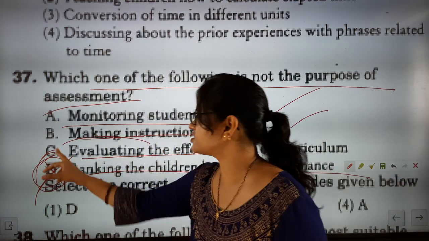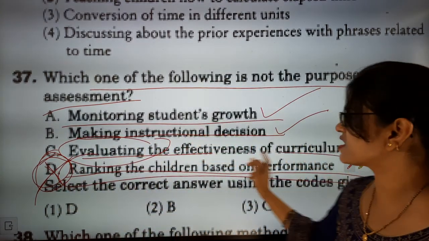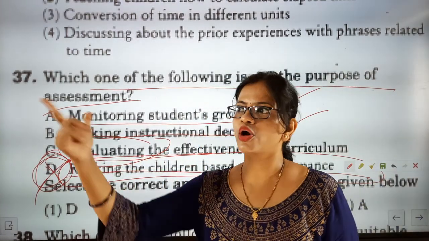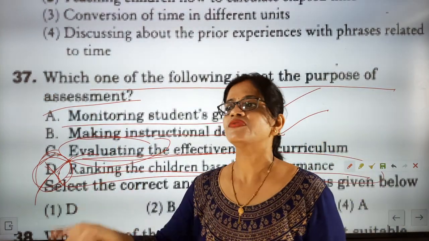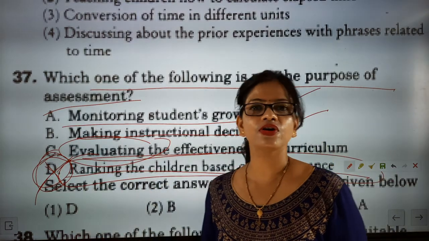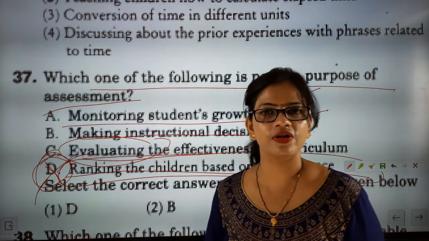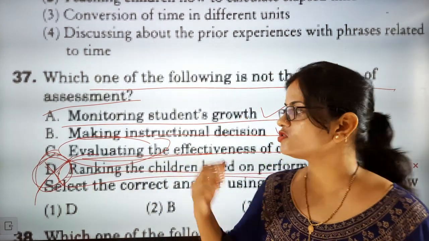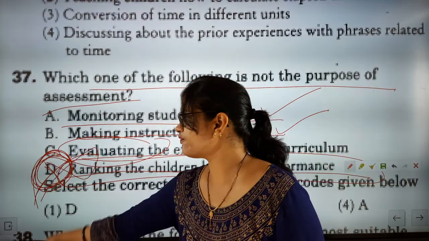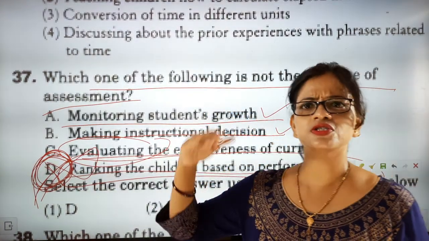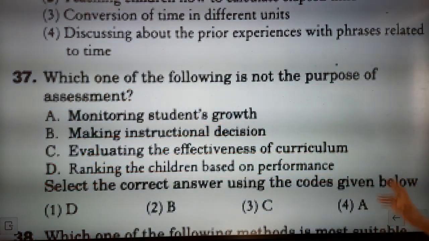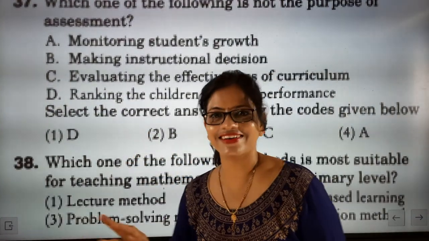Evaluation is one part of assessment, but ranking is never correct, because it demotivates a child. If you say you got first rank, you got second rank, you got third rank, then the child who is below average will feel that they don't stand in front of the others, and those statements will demotivate them. The child needs encouragement. So the first priority is that we should stop this ranking effort. We should say that the average score is this much, below average is this, above average is this. So the wrong statement is D, and the correct answer is D.